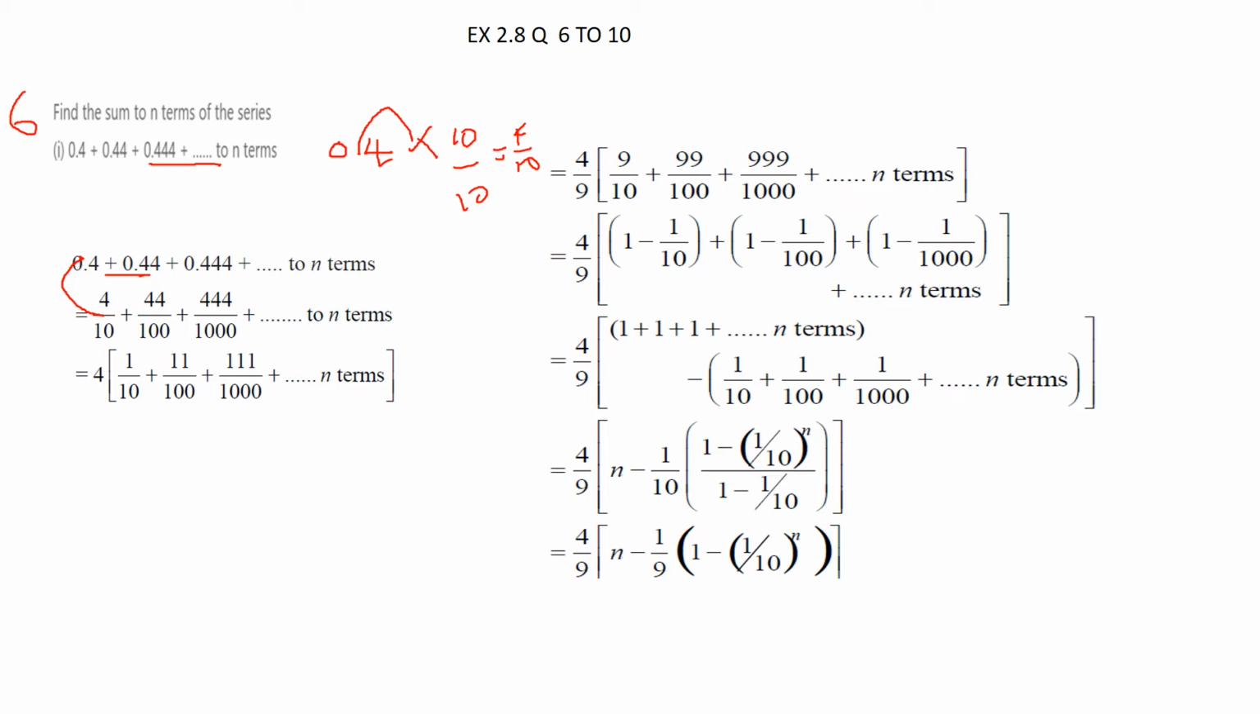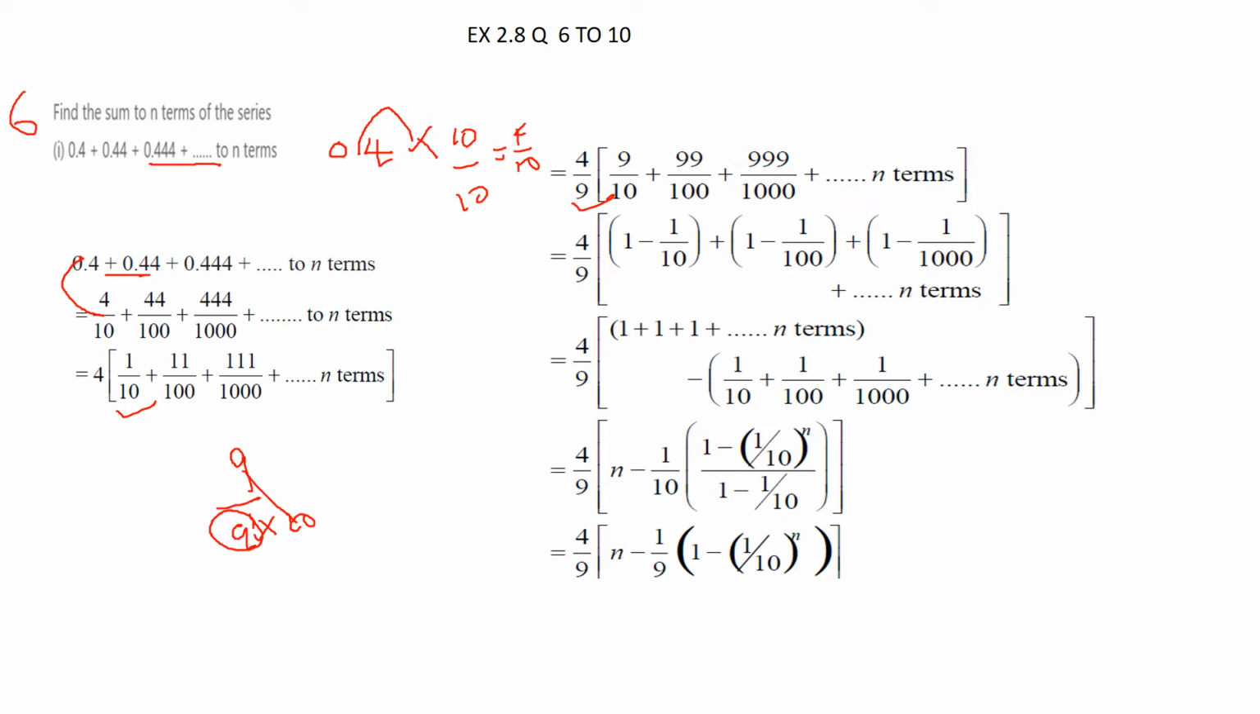Next you take 4 common, and inside the bracket you write 1 by 10 plus 11 by 100 plus 111 by 1000 etc. to n terms. For further simplification we can write 1 by 10 as 9 by 9 into 10. Cancelling 9 by 9, it will come 1 by 10. So 4 by 9 you take outside, and inside the bracket you write